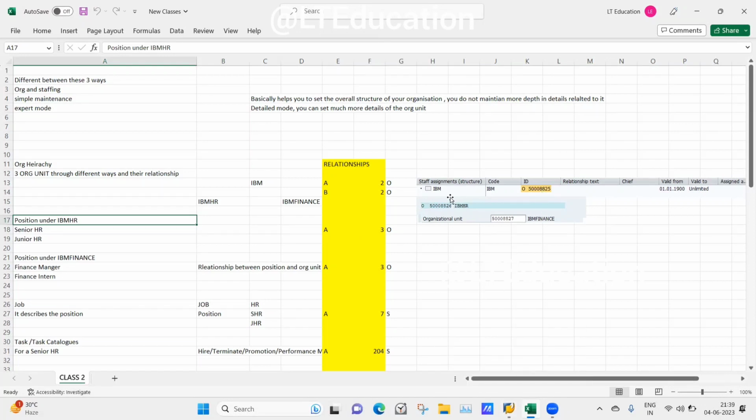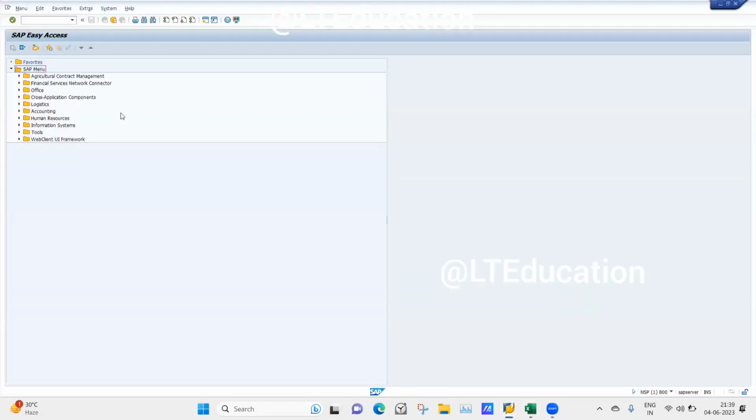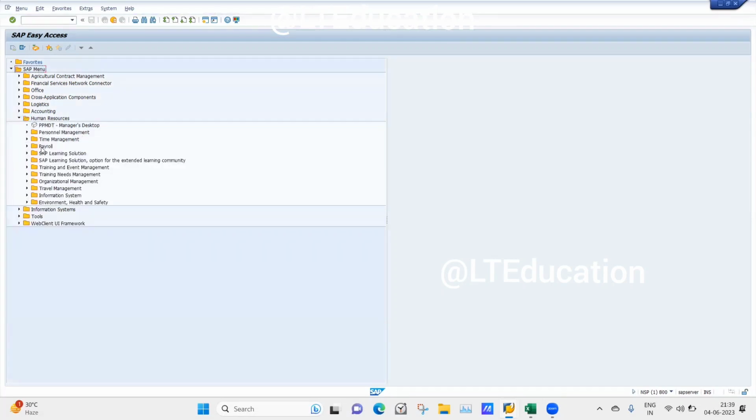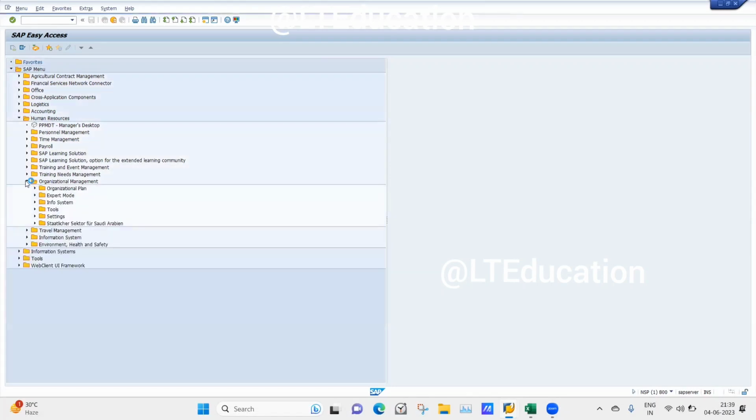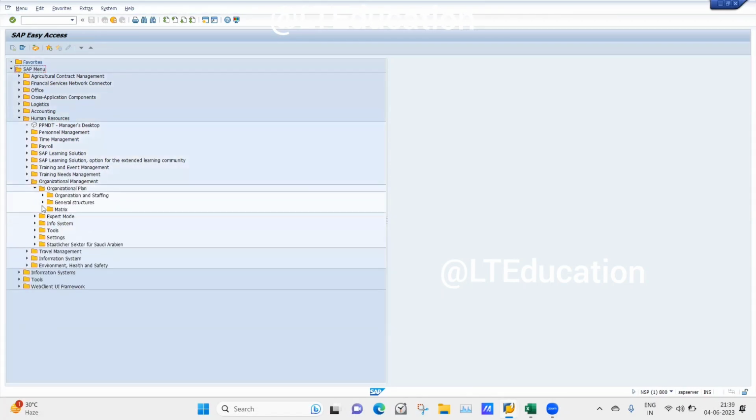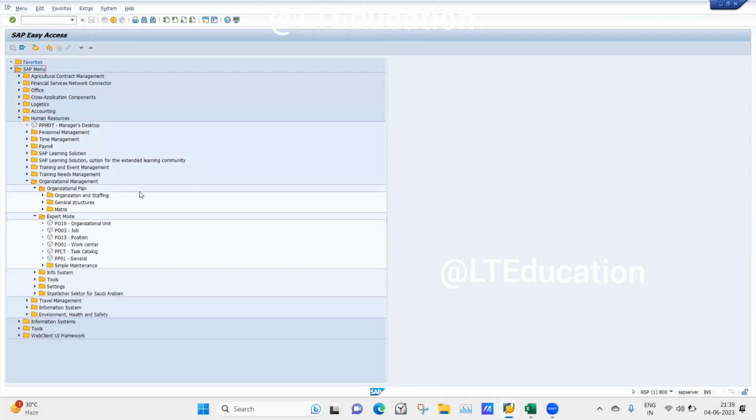This is the code. If you can remember the name, if you are able to identify your unit, you can either first, let's just go through the expert mode. There is a transaction code PO10. Either you can see from here, you can go to the human resources, organization management, organize plan. So I'm using the expert mode now. There is a transaction code PO10. Either you can go from here, and if you remember the transaction, you can use it. So I will give PO10